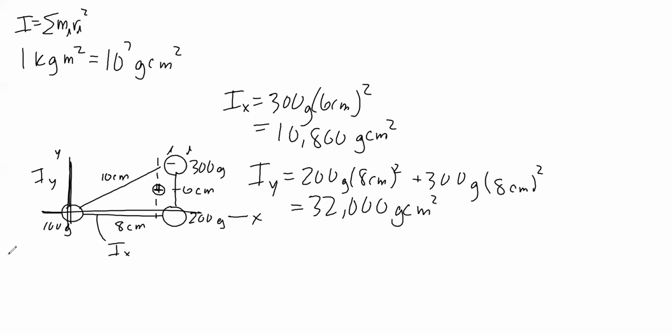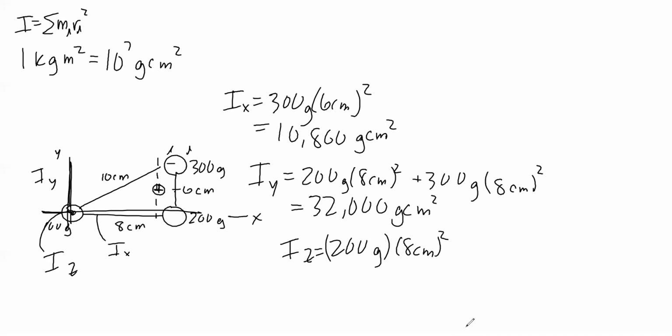Another thing to observe that's interesting is if we consider the z-axis about that point, then that's just the axis that you take from the screen. It's going out of the screen and then into the screen. If we calculate that, you see something interesting. I sub z. Once again, the 100 gram mass still doesn't contribute. Now we have 200 grams times 8 centimeters squared